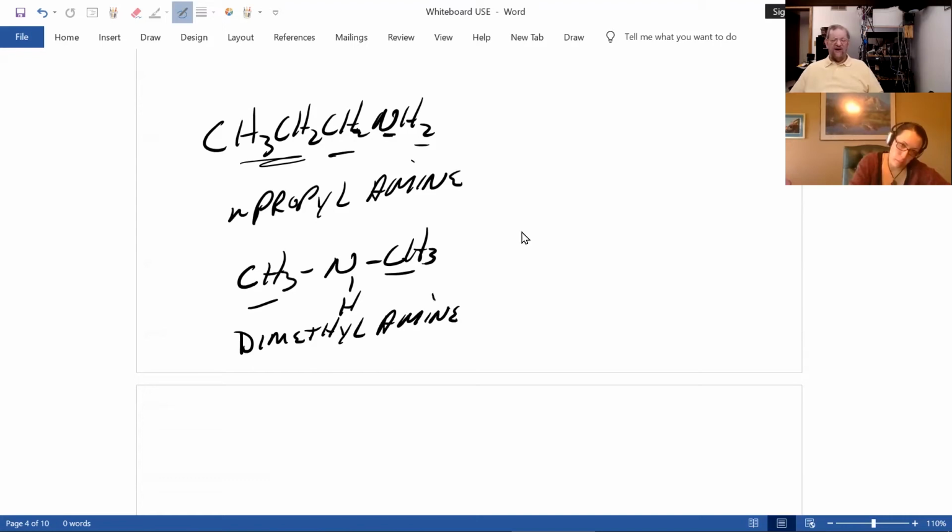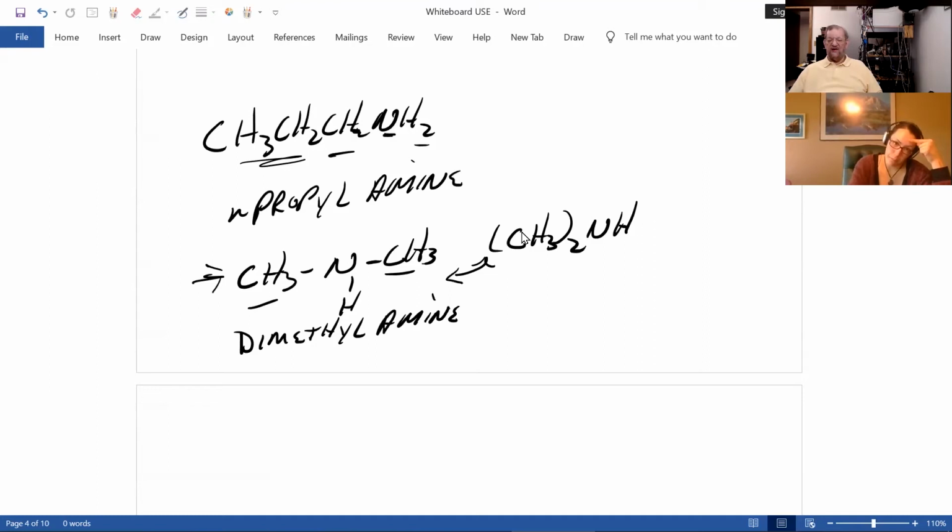Now, you've heard me talk all semester, organic chemists are lazy. This is one way of writing this, which I usually wouldn't do. Notice you have 2 methyl groups on the same carbon. So another way of writing the same molecule that you should be familiar with is this. These are identical.